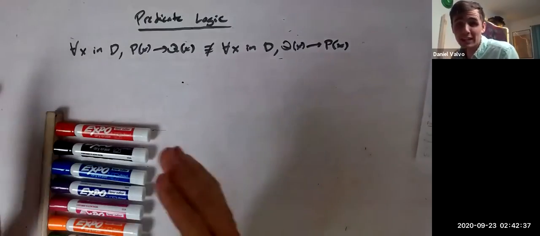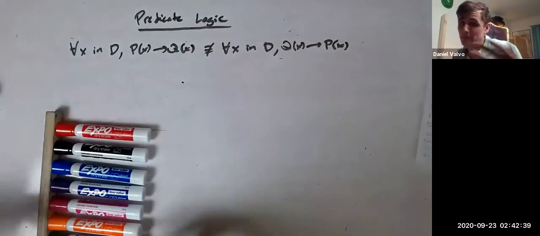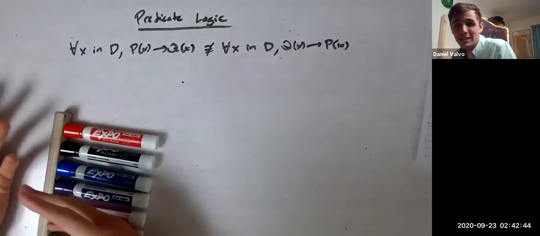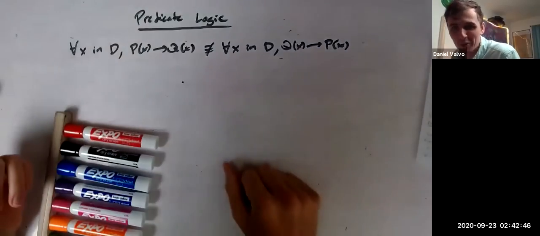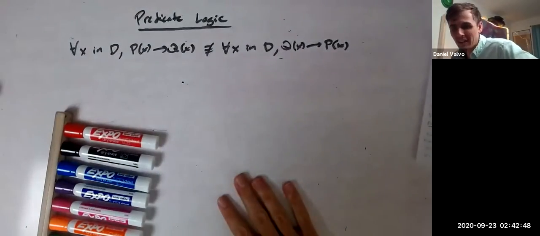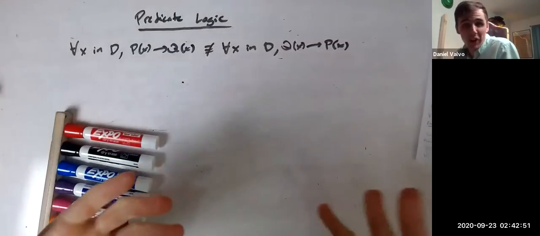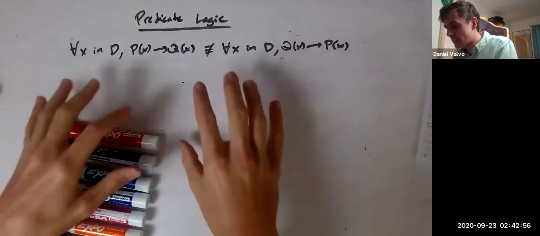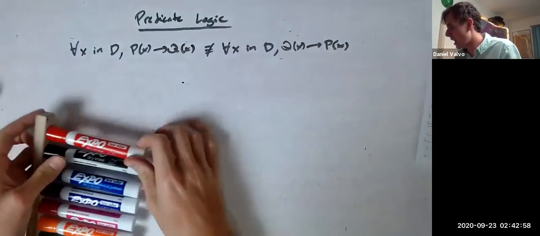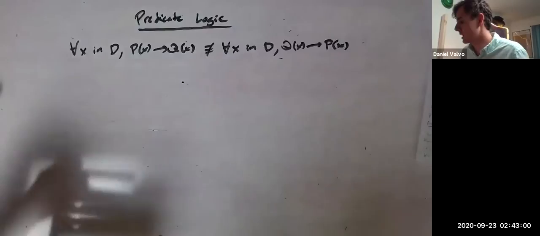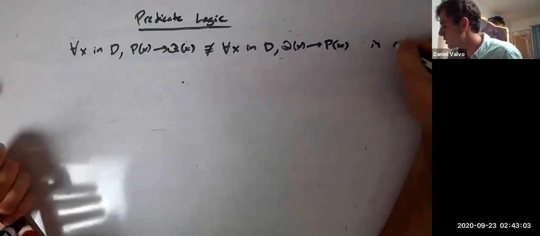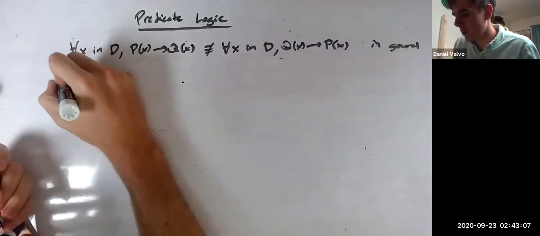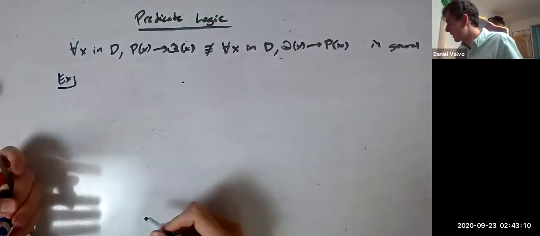Sometimes, X likes grilled cheese and the sky is blue. Sometimes someone likes grilled cheese and the sky is blue. Sometimes someone doesn't like grilled cheese and the sky, it's dark time. It feels like Game of Thrones or something. Sometimes it's nighttime and it's dark out and the sky is not blue. It's black or whatever. So the point is, these are just different statements. So this equivalence does not hold in general. So for example,